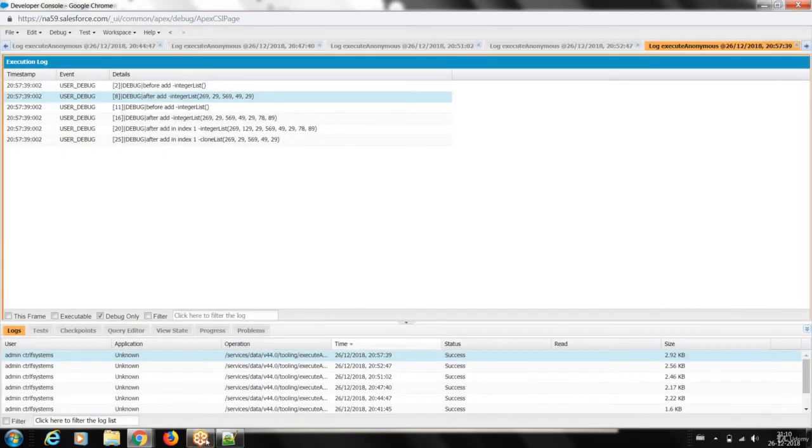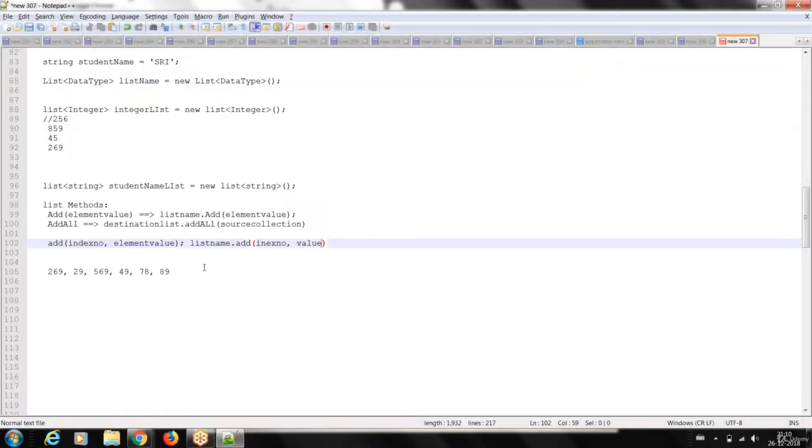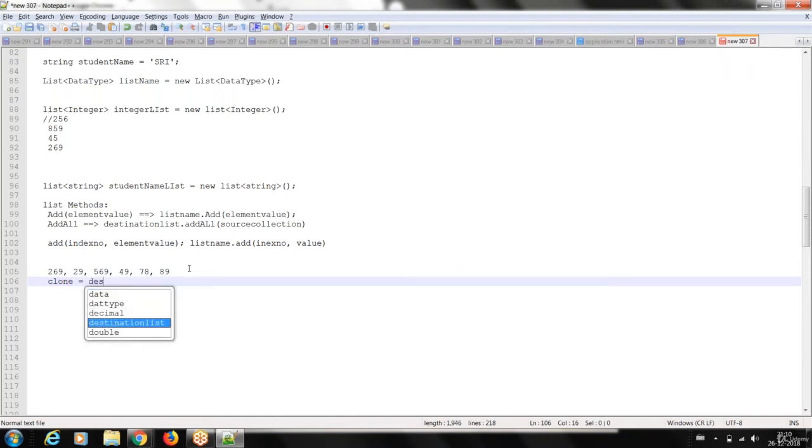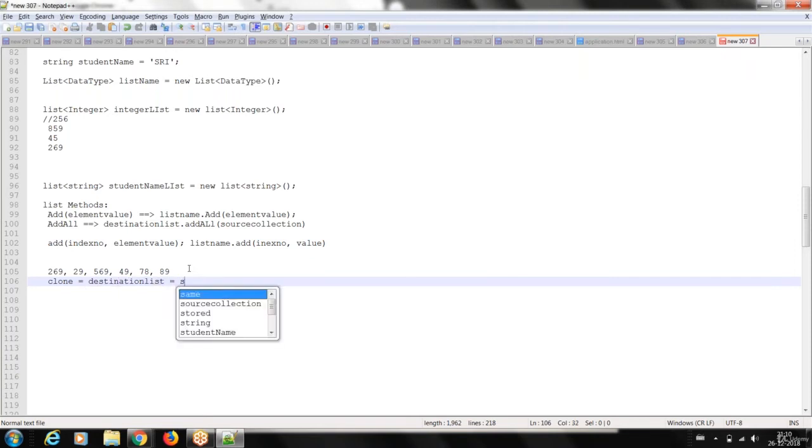So in this way we can clone it. To clone an element, use destination list equal to source list dot clone. We have the concept of deep clone and shallow clone, which we'll talk about in the advanced topics. Right now we talk about clone.